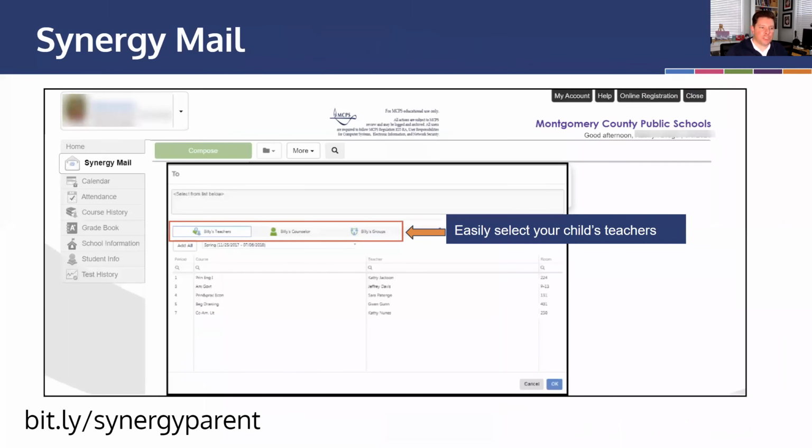So a few screenshots just to show some possibilities. This is a screenshot of Synergy Mail, where you can easily select your child's teacher in order to send them